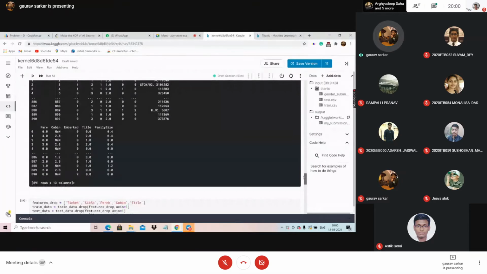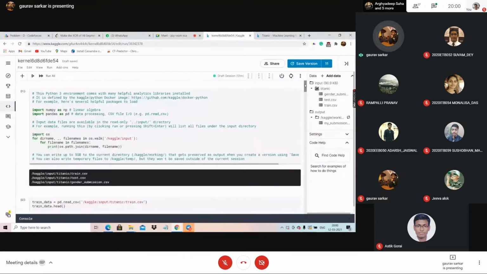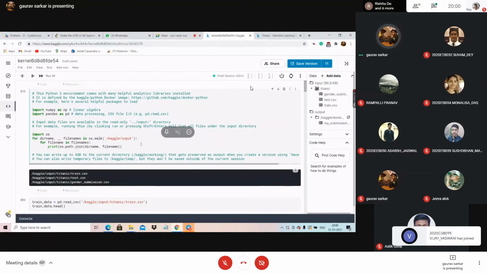That was just a view of the last part of the code. You want to understand all these lines. What it is doing is loading the Titanic train dataset, test dataset, and the submission dataset. This is basic. This code block is doing this only.